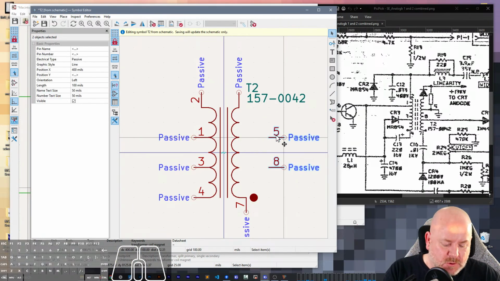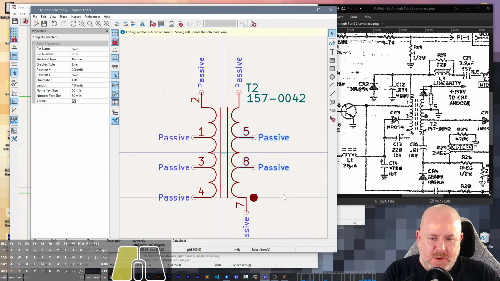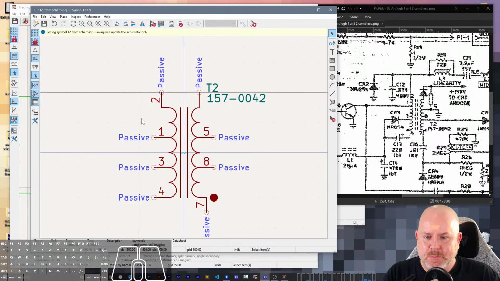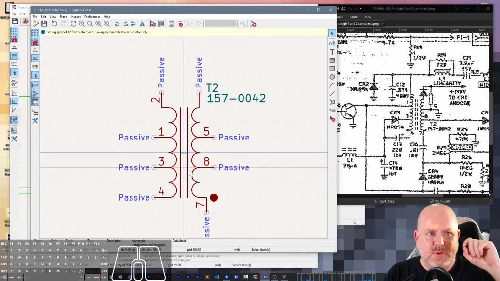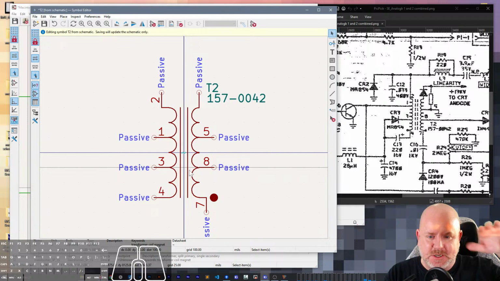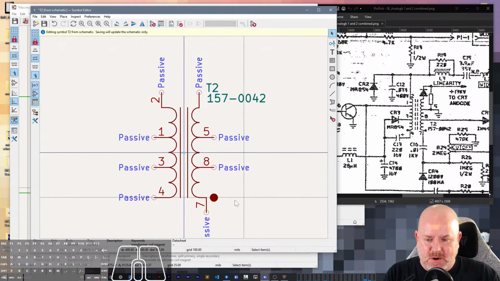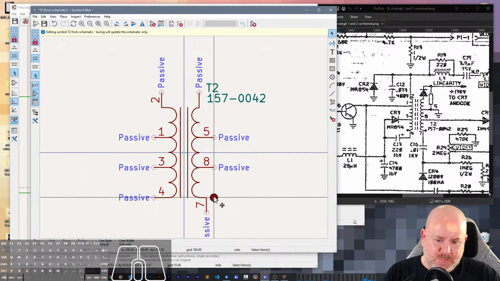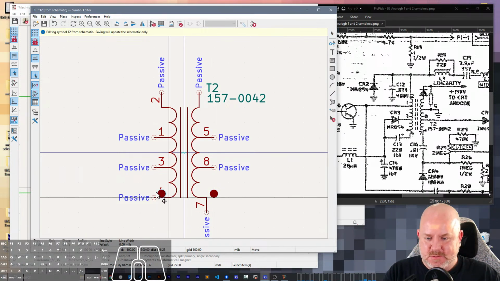So for those that don't know, I'm not using the property manager very much because there is a bug related to changing values in the property manager. What I just did, where I selected a bunch of things and changed the value, it doesn't cause the bug, but there are other similar things that do. And so